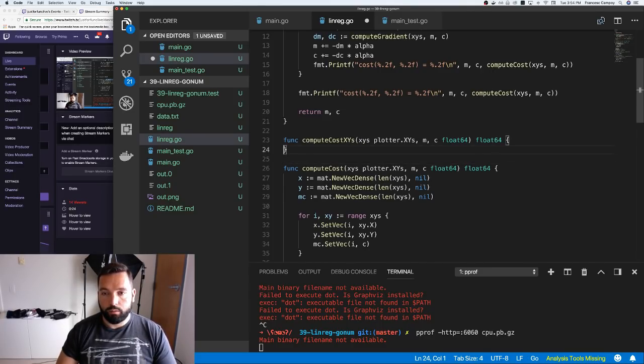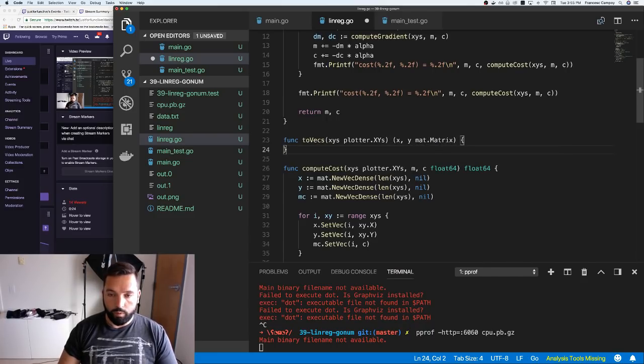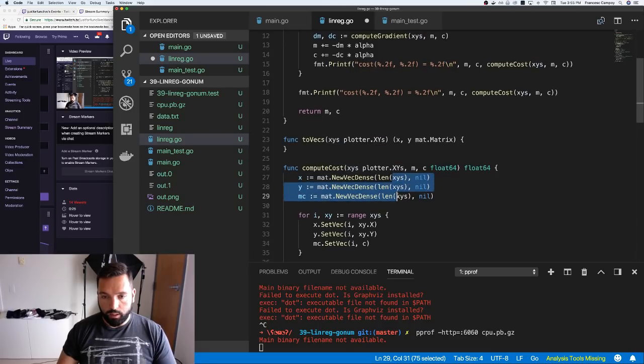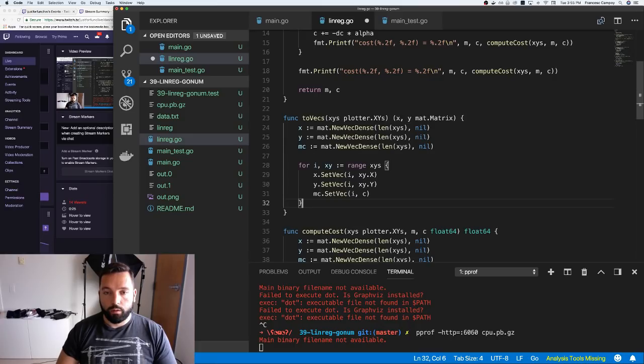But then, or actually, to vex. So, and we're gonna give these two, and we're gonna return X and Y, which are mat.matrix. Okay, so we're gonna just do this part inside of there. Okay, and